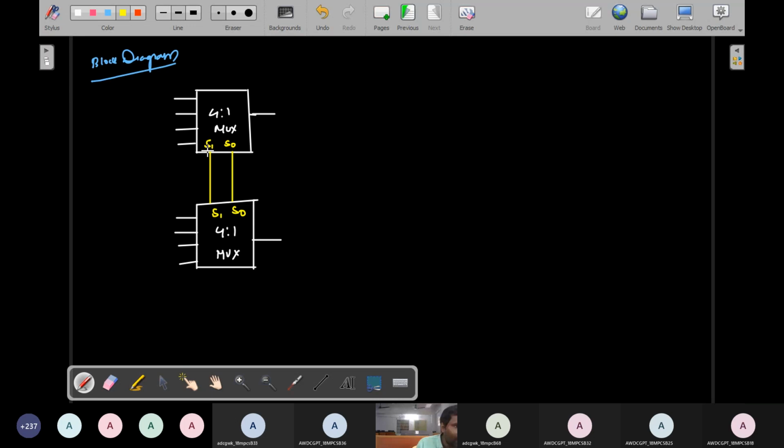Here these are the 4 inputs and these are the 4 inputs. So these inputs are D0, D1, D2, D3. Similarly, I am using here D4, D5, D6, D7. So right now these are 8 inputs: 4 inputs from the first multiplexer, and the remaining 4 inputs from the second multiplexer. Adding all these, you will get 8 inputs. But here I am using only 2 selecting lines, so I want a third selecting line. For that purpose, I use the enable terminal as the